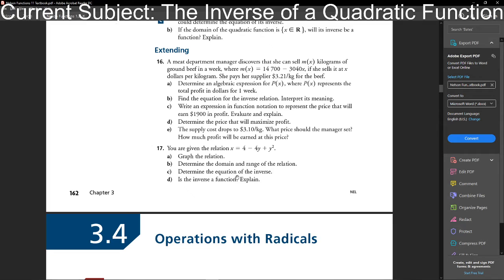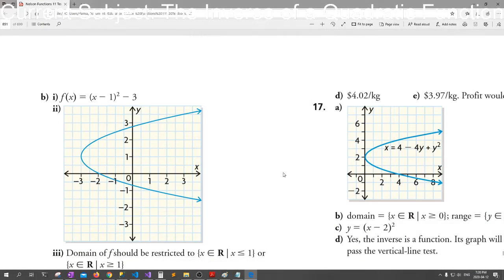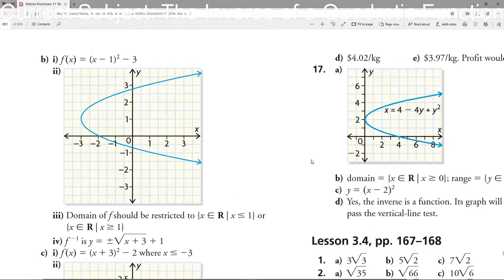Okay, so I guess technically C is asking us to find the inverse of the inverse? Because this is technically a parabola, right? Regardless, the other way to think of it, this is a parabola, and it wants us to find the inverse of this parabola. I would assume. Son of a bitch, what?